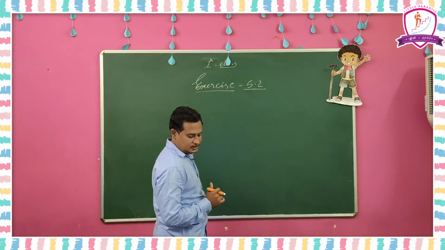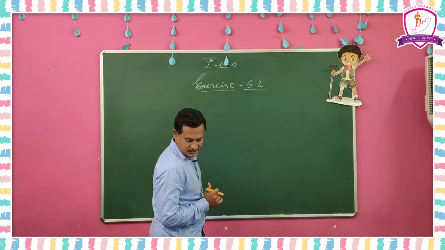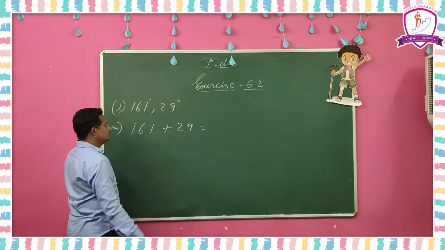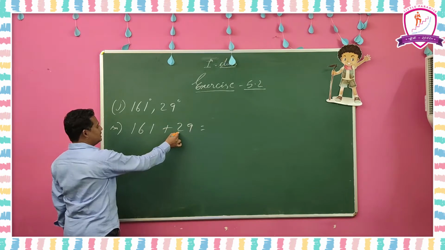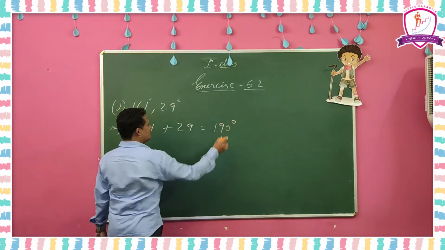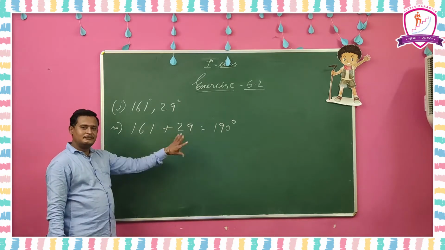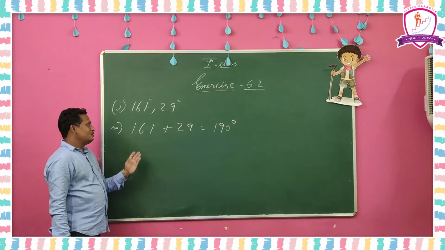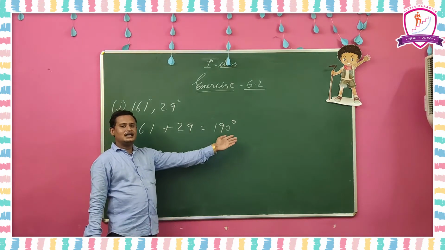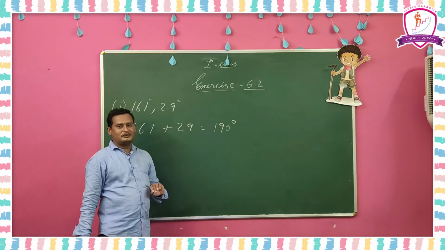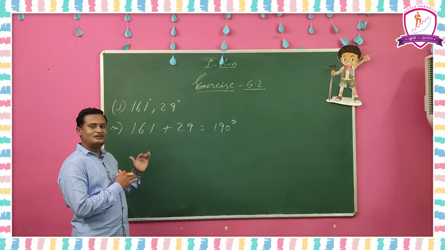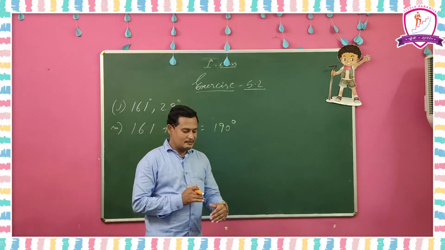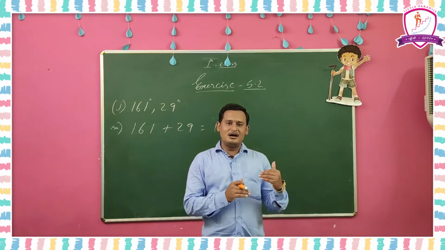Example J I am going to explain. J: 161 and 29. Here also, 161 plus 29 is equal to 190 degrees. Actually, 190 is neither supplementary nor complementary. So, here we have to write 161 and 29 are neither supplementary nor complementary. These are the three models I explained here. The remaining sums you have to try and complete. Understood? This is about whether pairs of angles are supplementary, complementary or none.